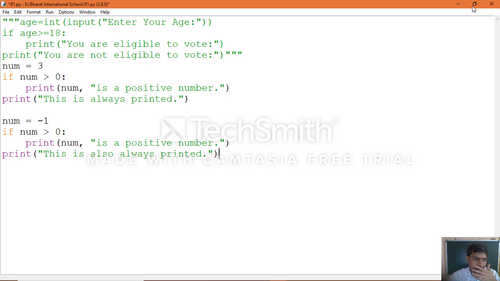Now see, in this case, first we are checking a positive number. According to that, we will print the message, and then you will see another number which we took. Again it checks whether it is positive or not. So you save it, you execute. Now let's see what happens this time.